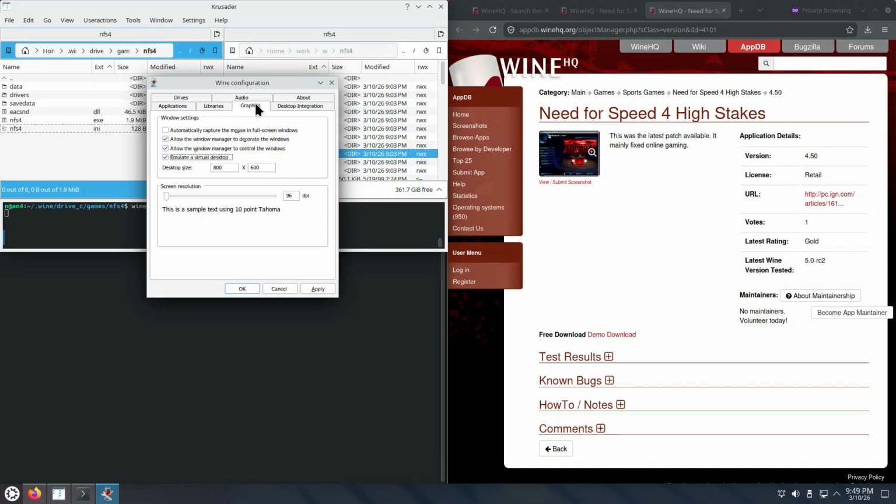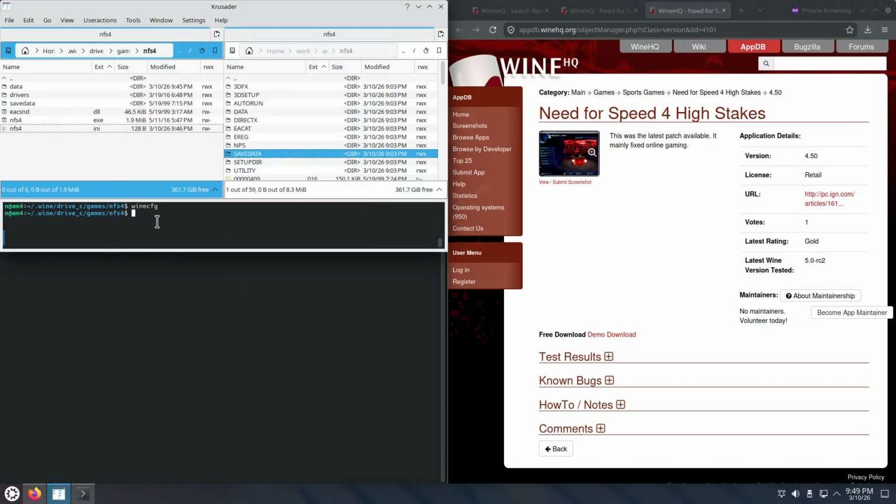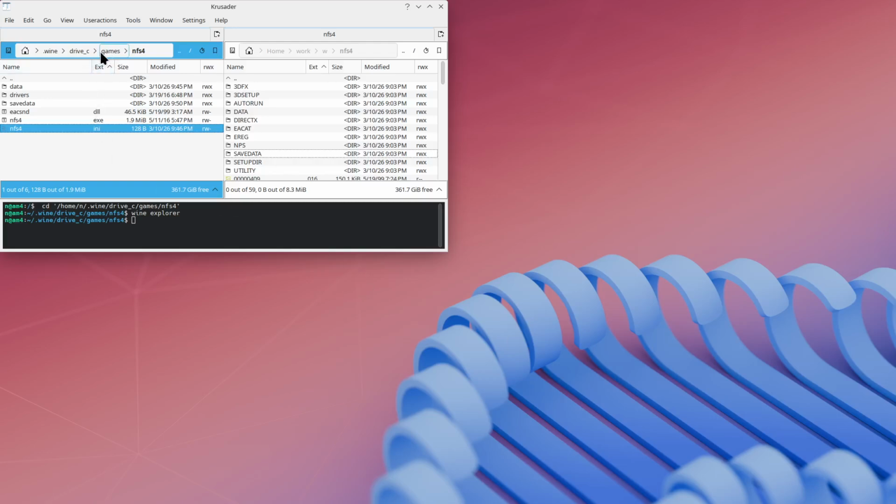I am trying this setting. So in Wine CFG, in the tab Graphics, I have enabled the checkbox Emulate a virtual desktop 800 by 600. Apply, OK. Now that the directory is prepared, so C:/games/nfs4,